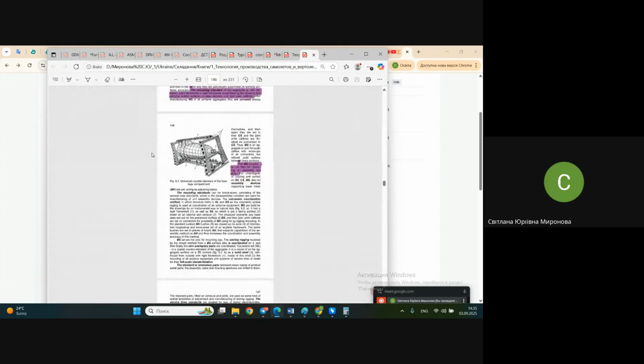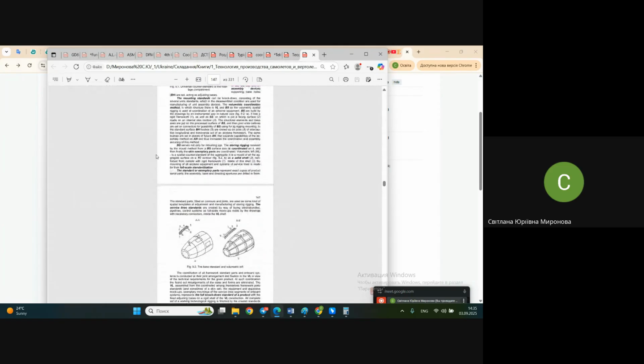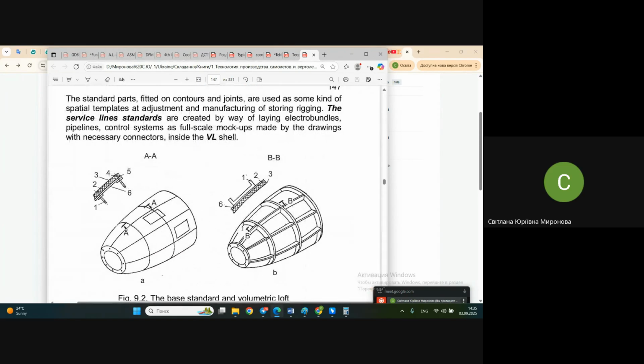We need some cross-section. And as we don't need some cross-section, maybe we don't need a solid mockup, this surface standard. I've already used this collocation. Holy cow, yes? We should carry it with very high accuracy, with very high love, in order to save it for years, for some tens of years, until you finish your manufacturing, because it's the grandfather of all your tooling. It's about the story like